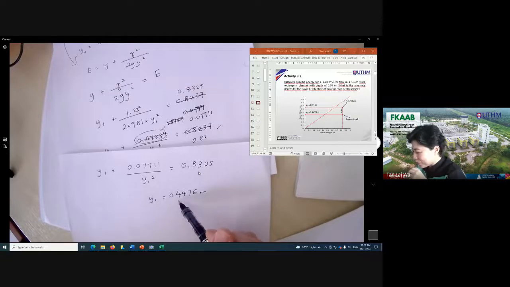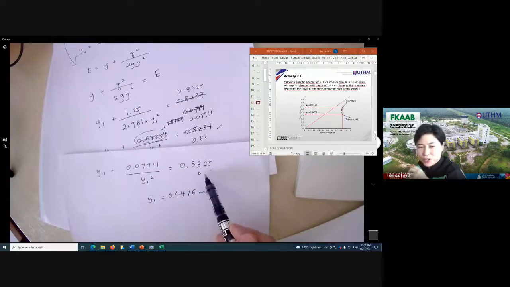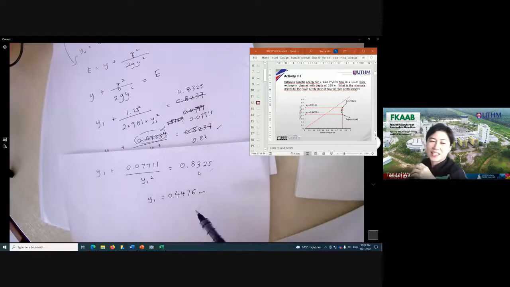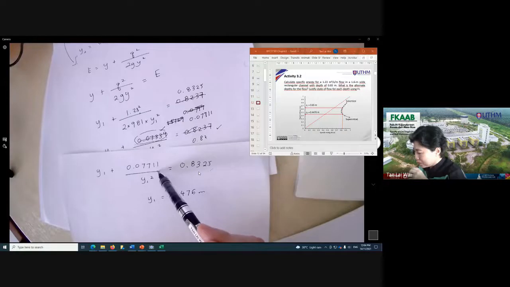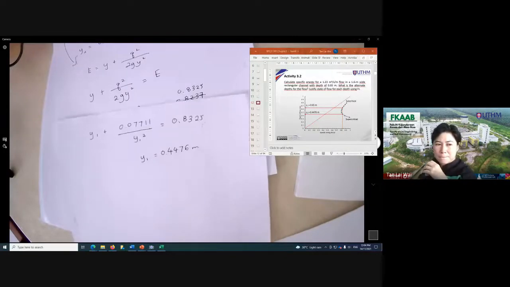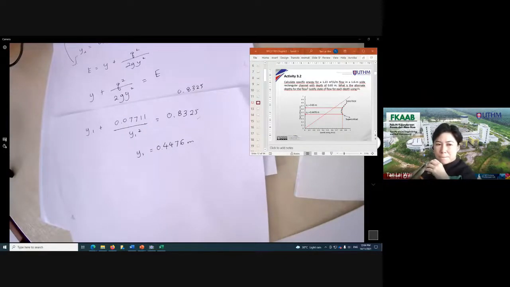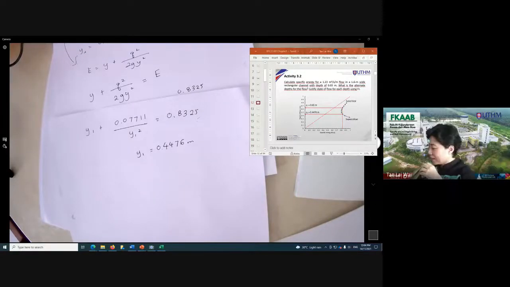Since you found it to be 0.4476, right? You can actually substitute it again in this expression and then check. If it gives you 0.8325, then this would be correct. Okay, you can substitute 0.4476 plus this term divided by 0.4476 squared. You should get this back. Should be the same. Same, yes? Okay, so now